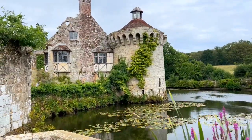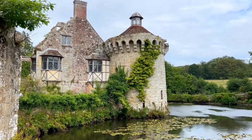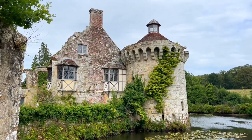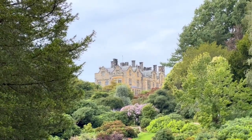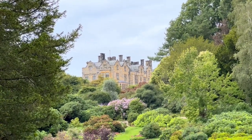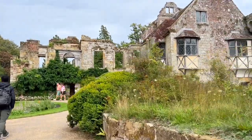You want to take the train into Royal Tunbridge Wells and then get off at the stop Crossroads, the Down, and you can either walk the 10 minutes to Scotney Castle or you can take one of the local buses. This castle was built in the 12th century but didn't open to visitors until 2007, which is really incredible that